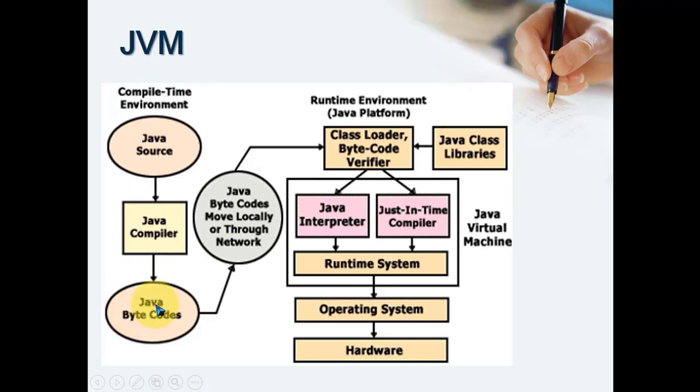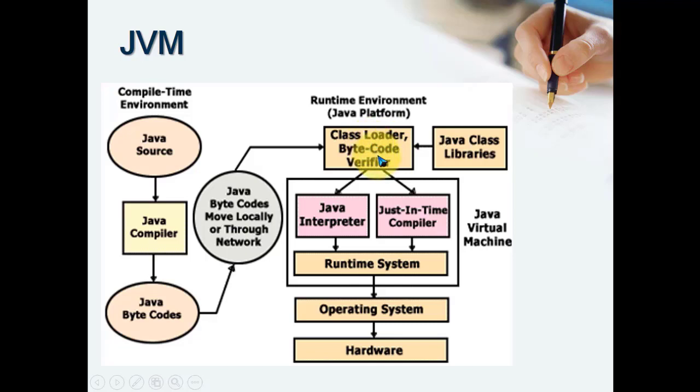Now this bytecode is loaded with the help of the class loader. Java bytecode moves locally or over a network. That means if we are developing a desktop application, the bytecode is on a local drive. If it is a network, you can pass this bytecode to another machine and execute it there. Yes, this is possible. Now it will load the bytecode with the class loader, starting with the main entry of the program. That main class is loaded, and along with that other supporting classes are loaded.